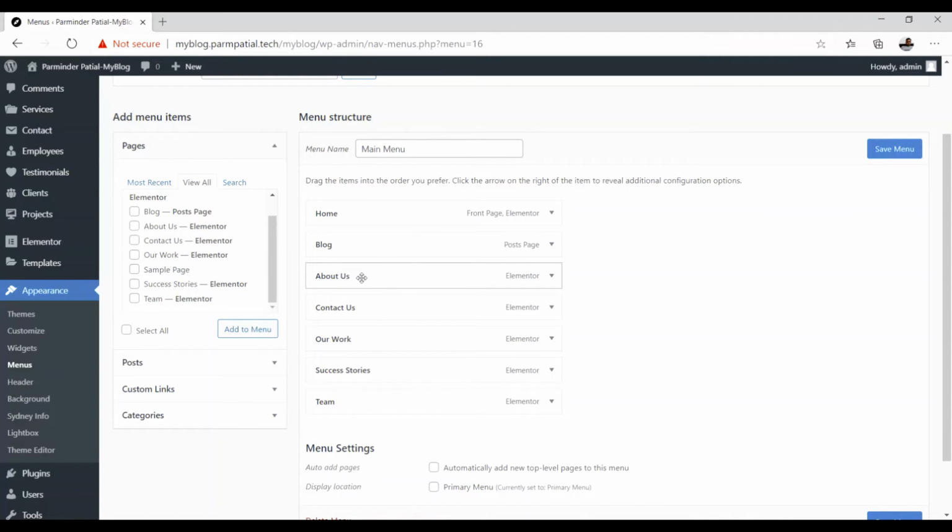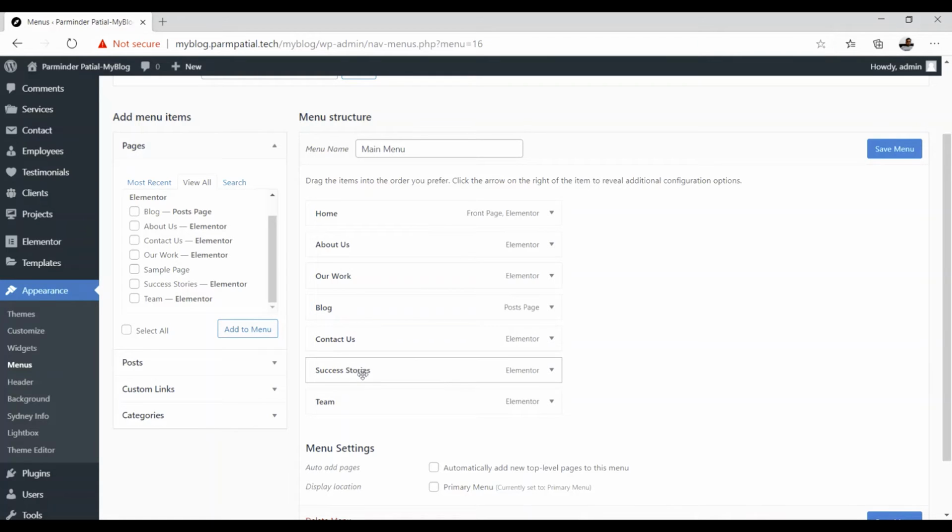After home I want to add the about us option here. You see this movable arrow, so click on this and move this item from this location to this location. After this I want our work, so move this to this location. You can move any menu item to any location here, and you can also make it a menu and sub menu by using the labeling.